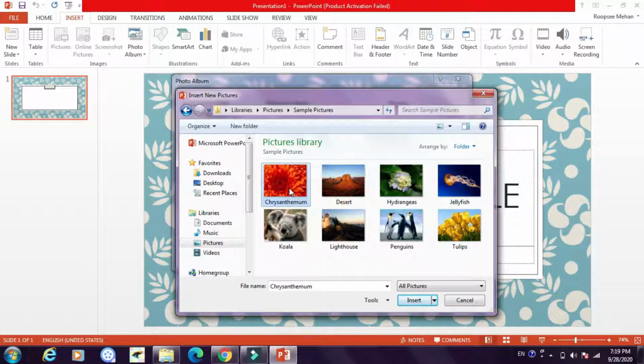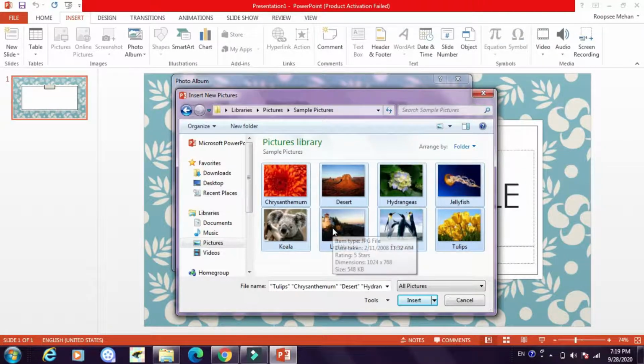Now while you have pressed Ctrl key, keep on using your mouse to select all the pictures like this. I have already pressed the Ctrl key and now I keep on clicking these pictures. So Ctrl plus clicking of your mouse will select all these pictures and then you'll click on insert.